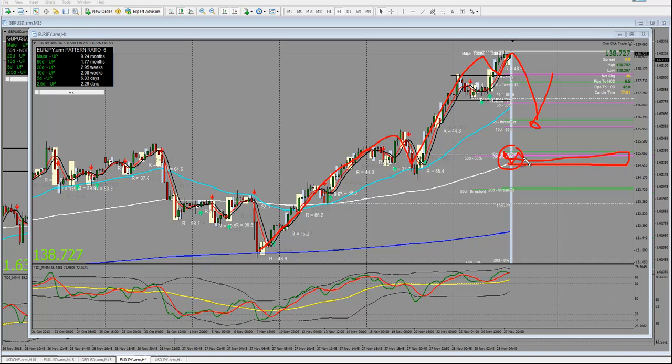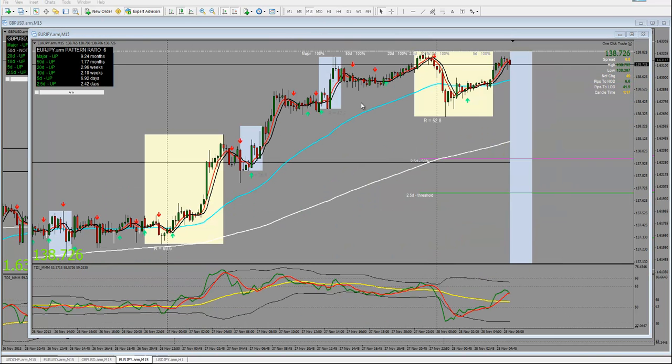135.60, this zone to buy it again, for the market maker to continue with this market to the upside. He needs to go back a little bit, because he can't continue because he ran out of cash. So be careful with this pair. It's very aggressive, the euro yen. So I'm expecting here today, although we are